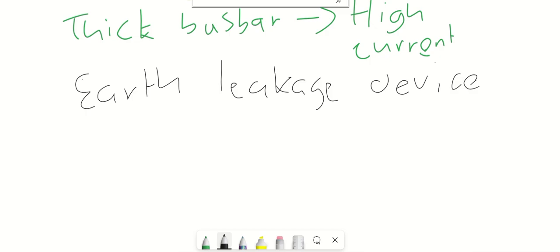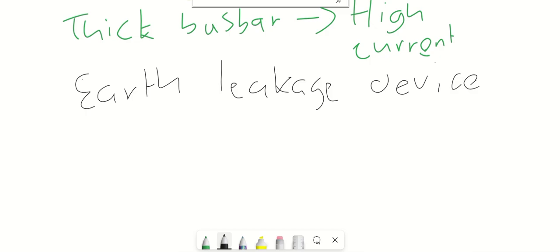There are actually more than that, so you can decide whether to put 1, 2, 3, 4, 5. It's up to you guys. An example of an earth fault at home is a damaged kettle where the live wire touches the metal casing. And then there is another one: the current flowing to the earth. So that's another earth fault.